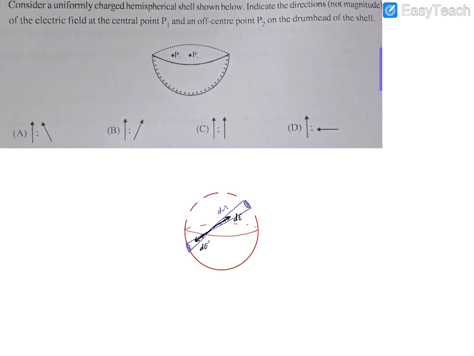Suppose this is giving a field in this direction as a resultant. These are not identical, let's say. So if we integrate for this half of the sphere, then you may get this kind of components. So the resultant of these components will never be 0. But we want this integration for the entire sphere to be 0. This will necessitate that dE must be equal to dE dash in magnitude and opposite in direction, so that they are getting compensated for each other.